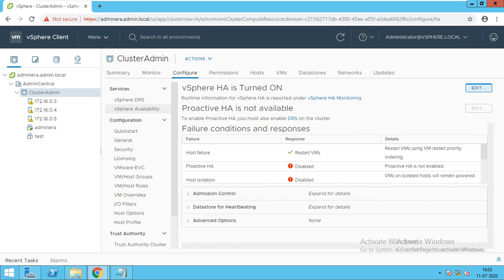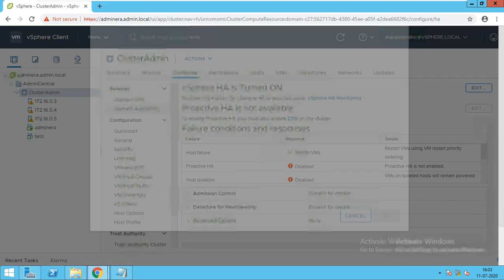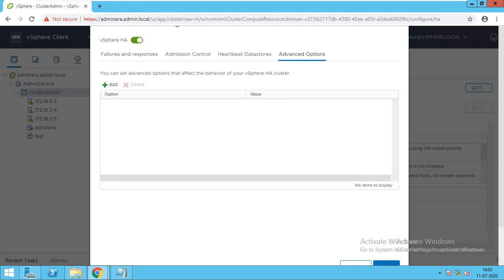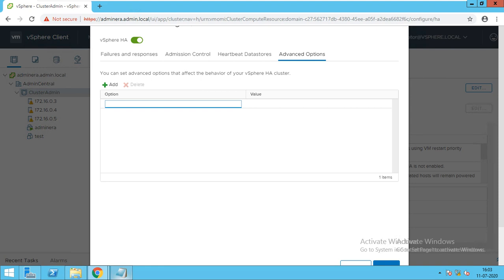After going to the edit option, it should open. Okay, then you have to go to the advanced option. In the advanced option, you have to add one option.